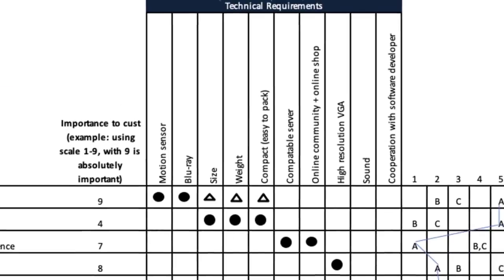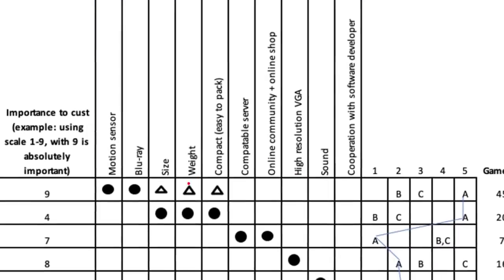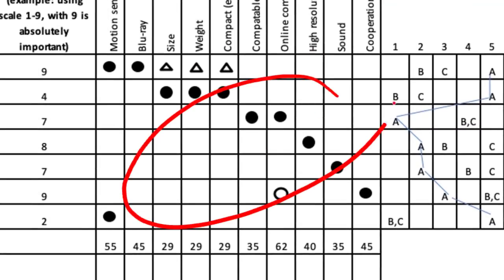The next thing we need to do is figure out the engineering parameters or technical requirements in order to design the game. This may include motion sensor, Blu-ray, size, etc. This step can be challenging as it involves people working in groups to scheme out the variables that may affect the customer requirement factors the most, including their relations to the voice requirement, and also calculate the importance weighting of each of the